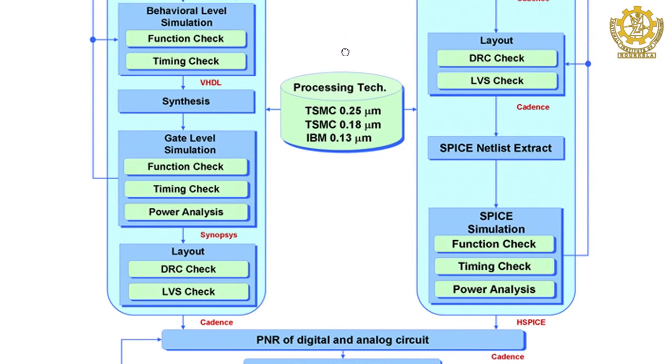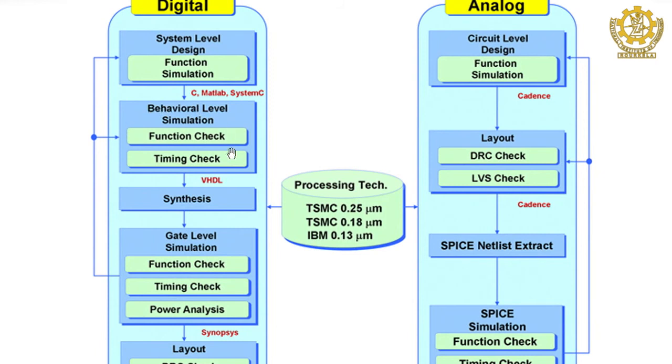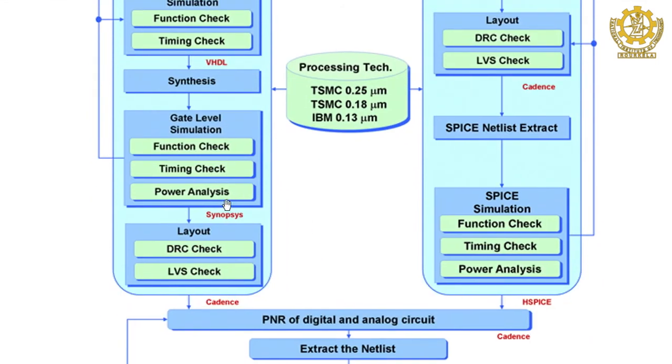So, here you have an RTL coding which is written in HDL language, and here you also have a gate level netlist which is written in HDL only. That means whatever you do in the front level, in the background one level of coding you have to do. Finally, you will get a gate level netlist.